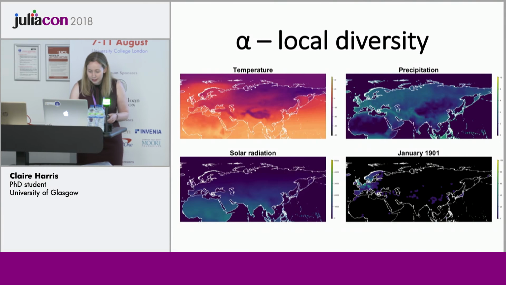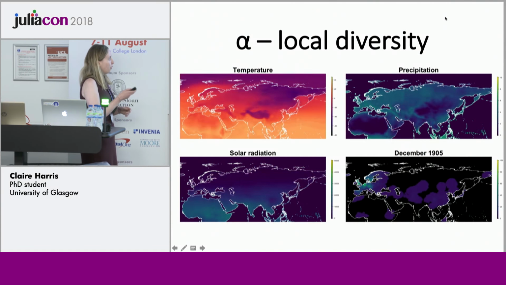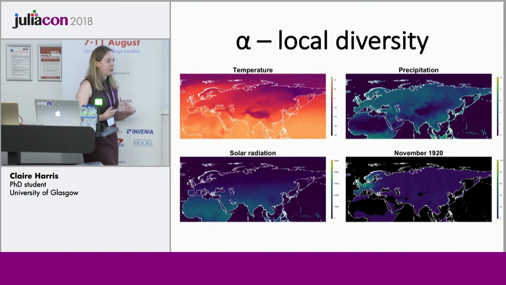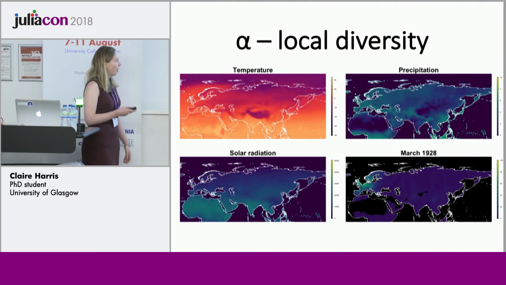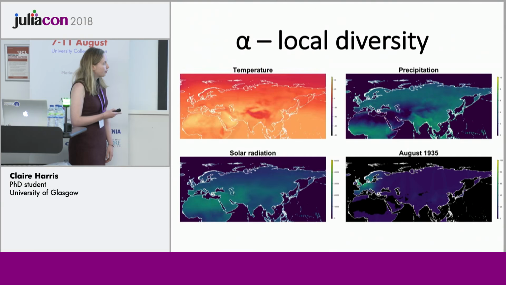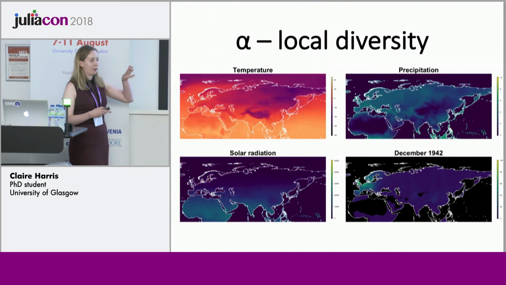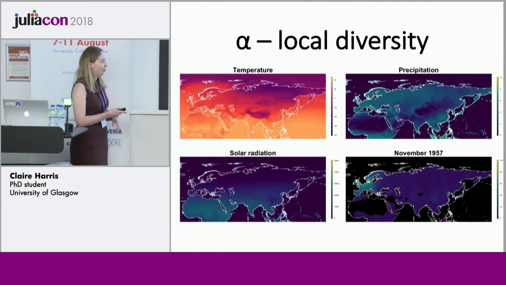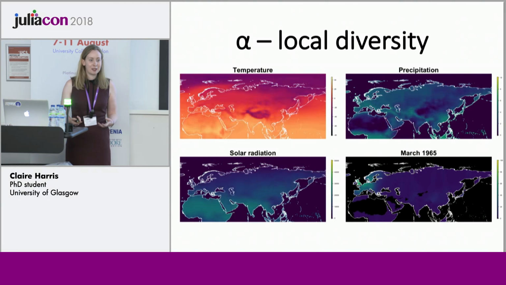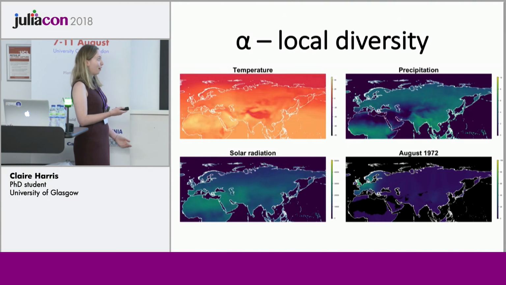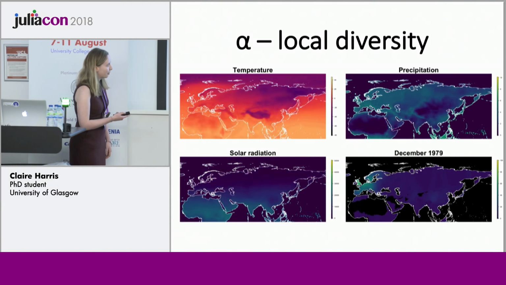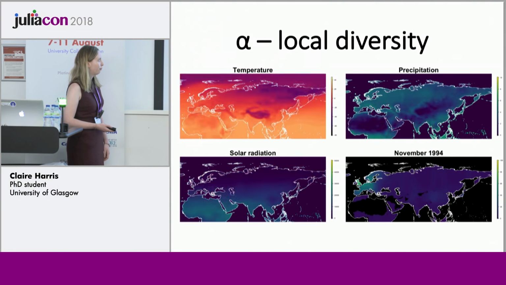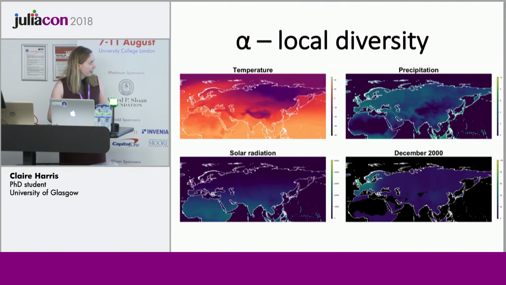So in this simulation, if I set it off running, because it takes a little while, what you can see is the species depend on a tolerance for rainfall and temperature, and they draw their resources from the sun because they're plants. It's running a little bit fast, but this is the alpha diversity. I talked about the local diversity of those patches. What you really see here is that there's a cluster in Europe because we started the simulations based on the GBIF data we had, so a lot of that was found in Europe. It's a little bit difficult to tell, but there are patches starting to appear across Asia too. And that's going to finish in a second.